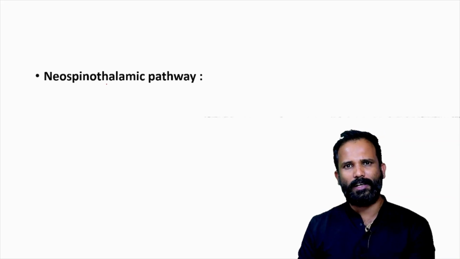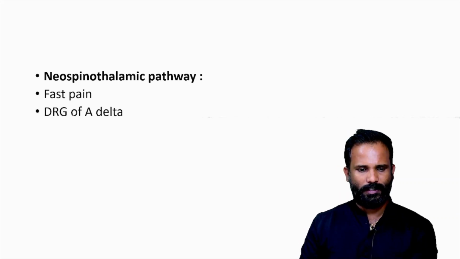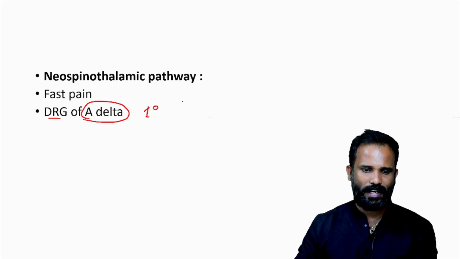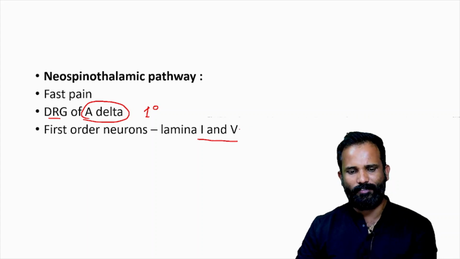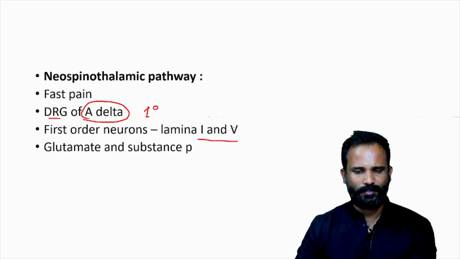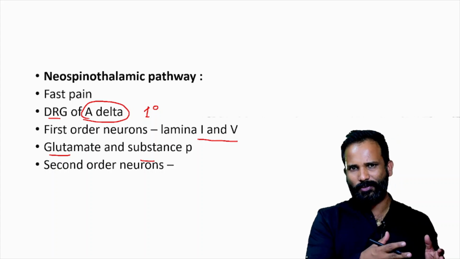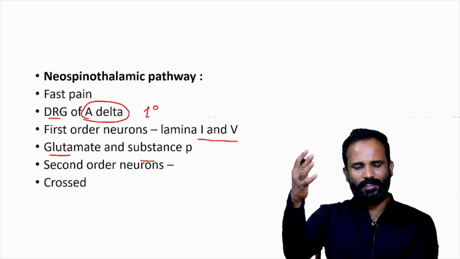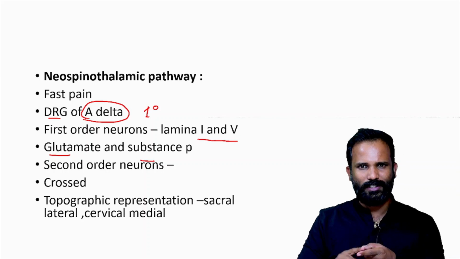Coming to the neospinothalamic pathway, the newer one, it carries the fast component of pain. So the fiber here is the A delta. So the first order neuron is the dorsal root ganglion of A delta fibers, and they go and terminate in lamina 1 and 5 of the spinal cord. And the neurotransmitters here are glutamate and substance P, and from there the second order neuron starts, which crosses to the opposite side, ascends up and synapses in the thalamus, the ventroposterolateral nucleus, which is a specific nucleus,